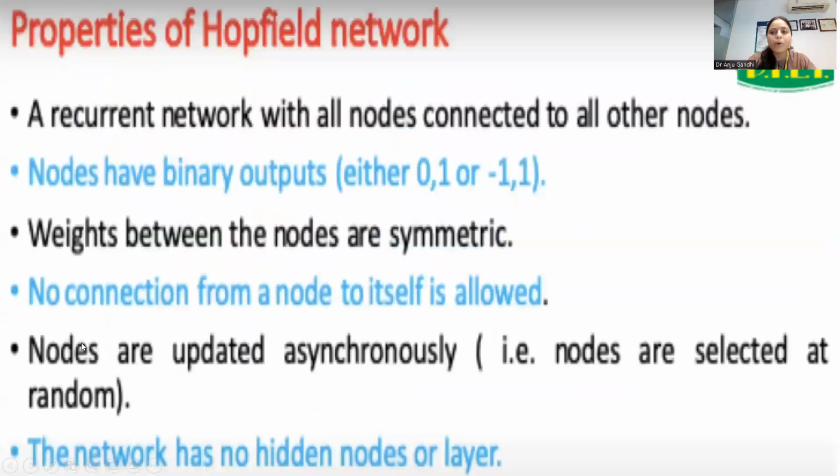Now, what are the properties? Talking about the properties of the Hopfield network, one property which we have already discussed is that it is a recurrent network. And the nodes may be of two categories, either binary or bipolar. When we are discussing binary, it means we are talking about 0, 1. When we are talking about bipolar, we are talking about